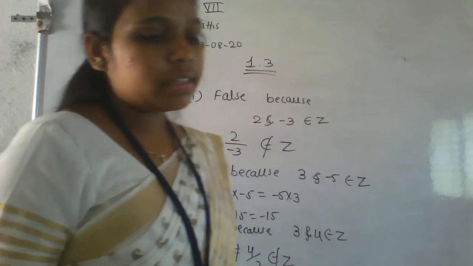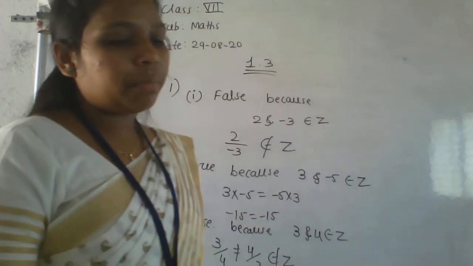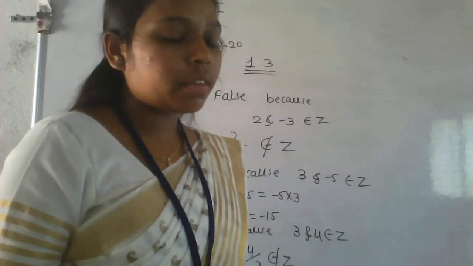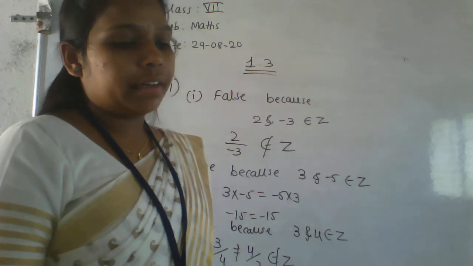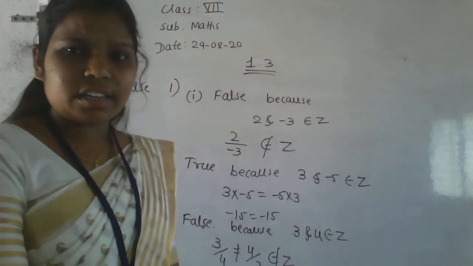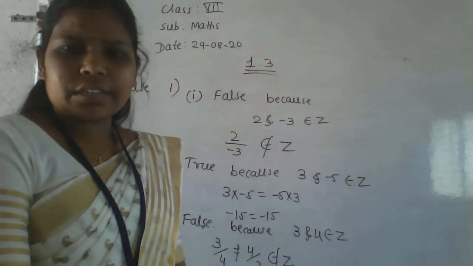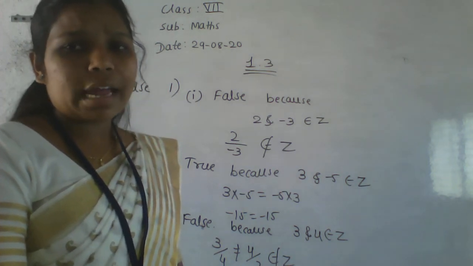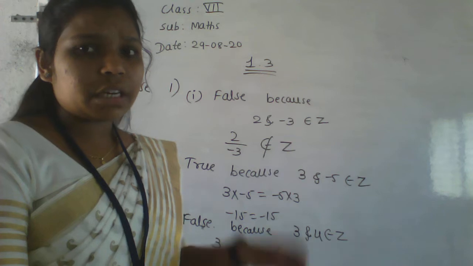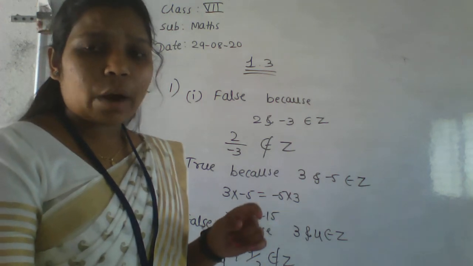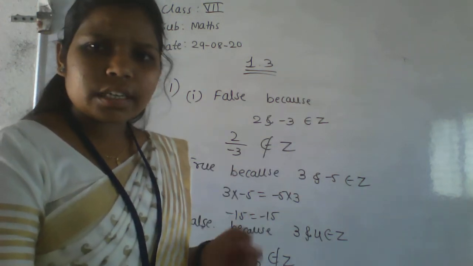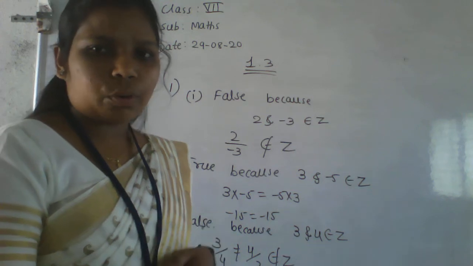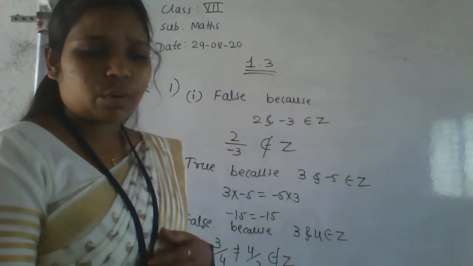Okay. Next, the fifth one: division by 1 is undefined. No, it is defined, right? Division by 1, see 2 by 1, 3 by 1. In the denominator you have to take the value 1. It is defined. 2 by 1 is nothing but 2 only. 3 by 1 is nothing but 3 only.